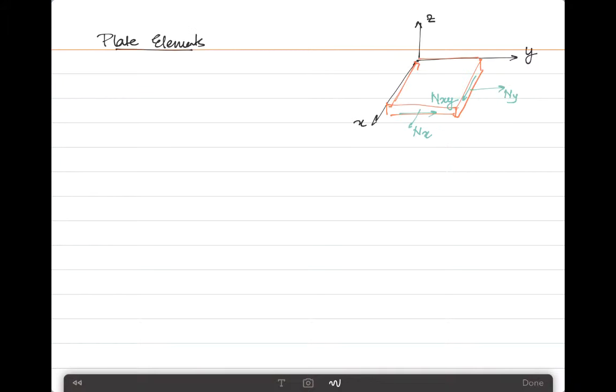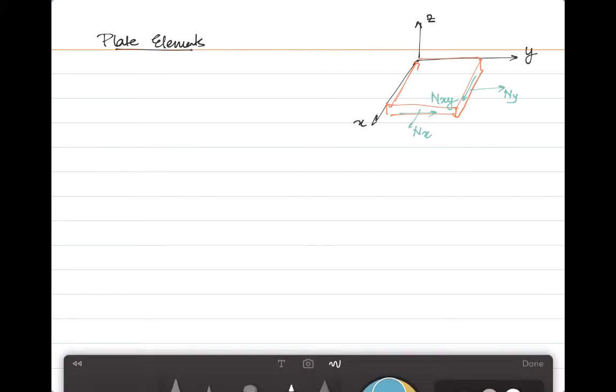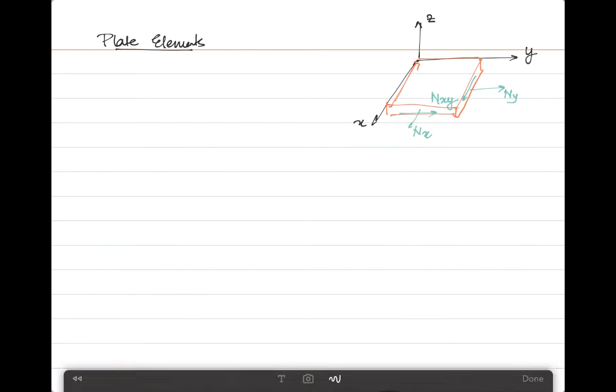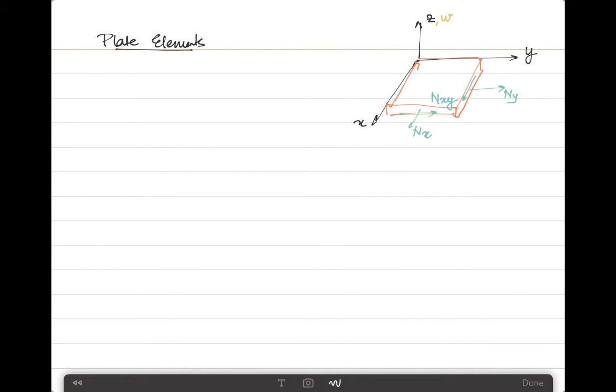So to find out the work done by the constant membrane forces, we need to find out the membrane energy or the membrane strain energy. We also therefore need to find out the membrane strains which the element is undergoing at this point. If the displacements that are occurring in the out of plane direction z is given as W, then we can